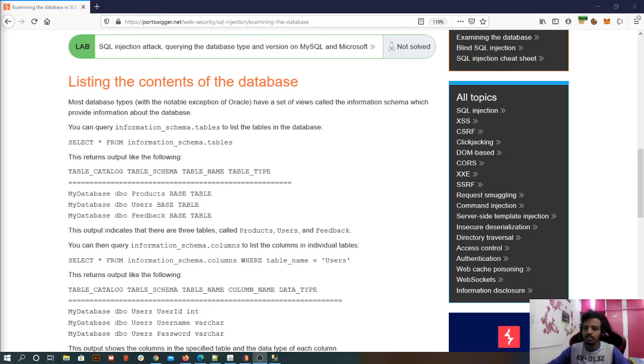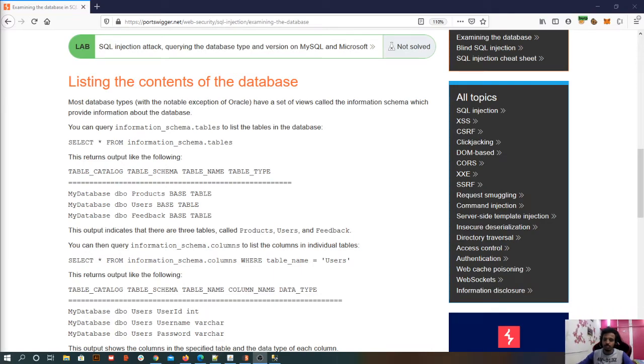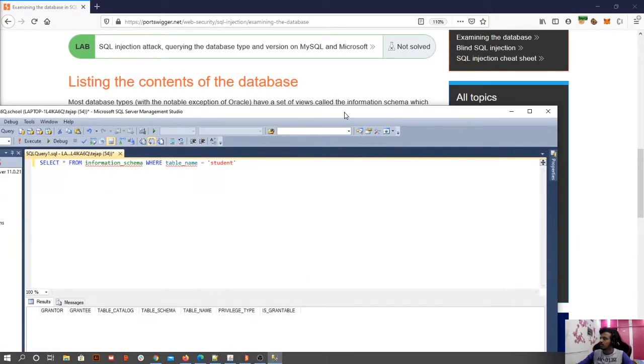A similar logic we are going to apply on a website. We are going to intercept that, modify the value, and see the similar kind of response that we saw in the database initially. So first we'll see what the output is in the database, and then we'll go to the website and Burp it. I hope that is clear. So let me open my database. Yeah, so here you go.